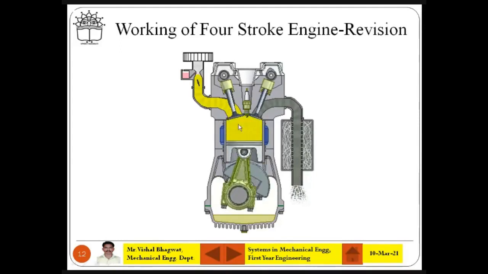यहाँ 4 स्ट्रोक्स होते हैं पिस्टन के, अप डाउन these movements, and those are happening for 2 crank rotation. These are the crank. This is called crank rotation. 2 crank rotation. So ये 4 स्ट्रोक है.